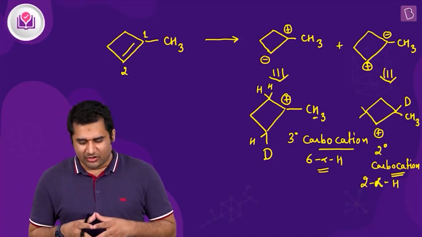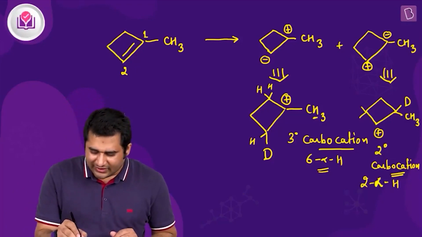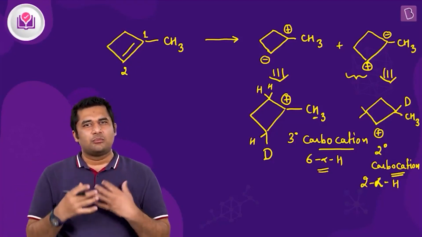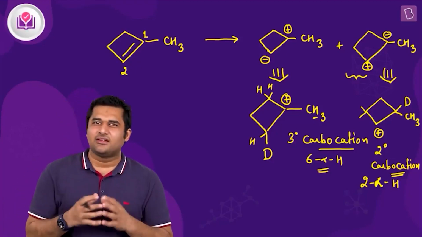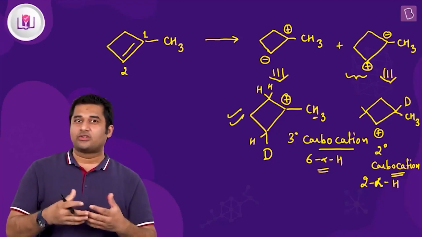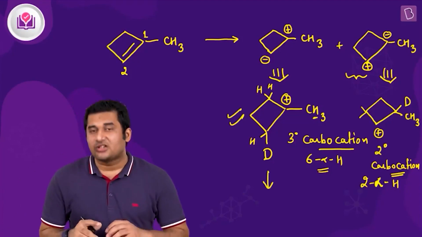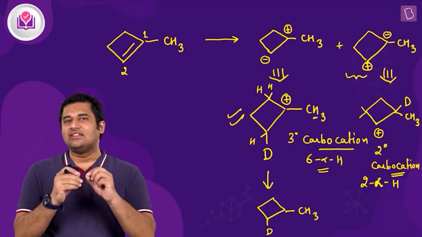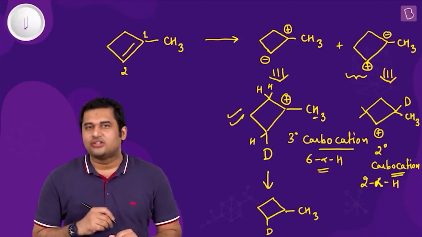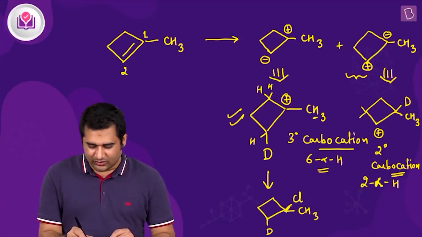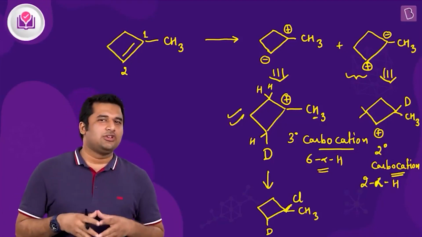So clearly the 3-degree carbocation is more stable, and that is how we can say that this particular breakdown will not happen in much amount, or you can say this will be a minor one. Alright, and the major product will be from this carbocation, which is more stable. If you form the major product from this carbocation, this D is present here and this is CH3, and obviously the Cl negative will attack on this positive part, thereby Cl will be attached to this carbon. Alright, and this will be your product.